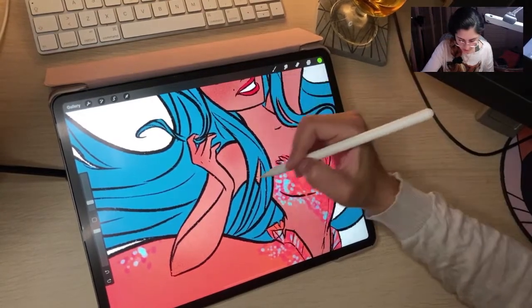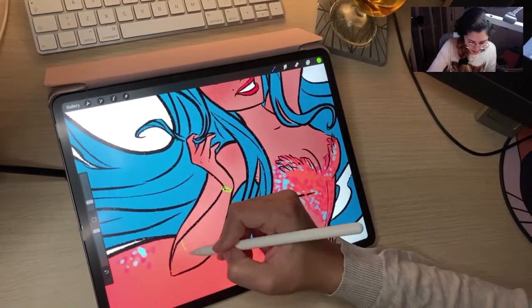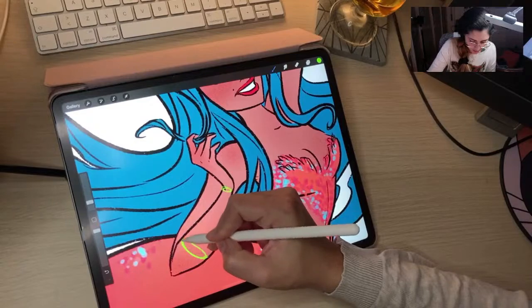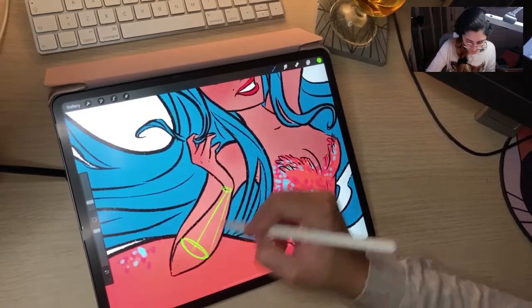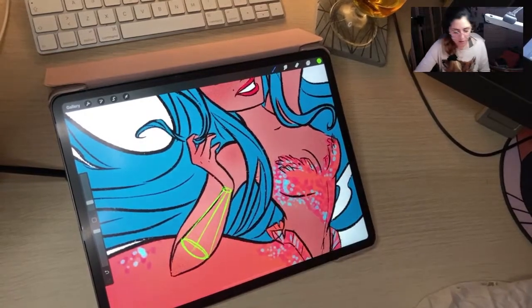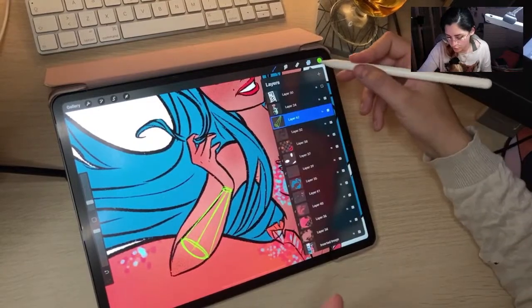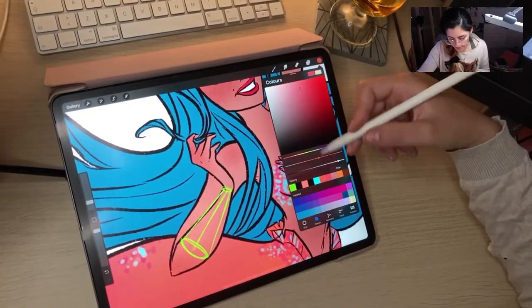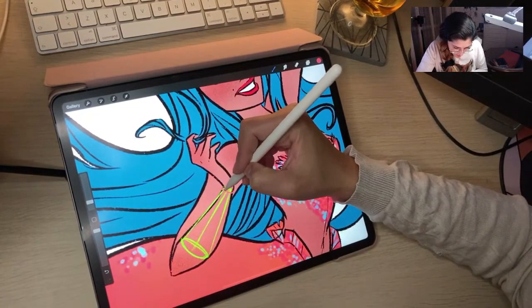Okay, green is a color that I haven't used yet. Okay, so the 3D shape of her arm is a cylinder, right? Goes like this. So if you understand that that's the 3D shape of the arm, then if you want to draw a necklace or a bracelet in this case, you just have to draw it in the same perspective,